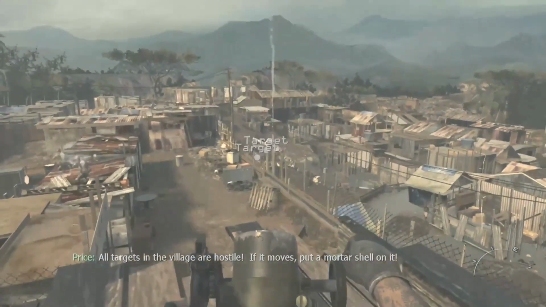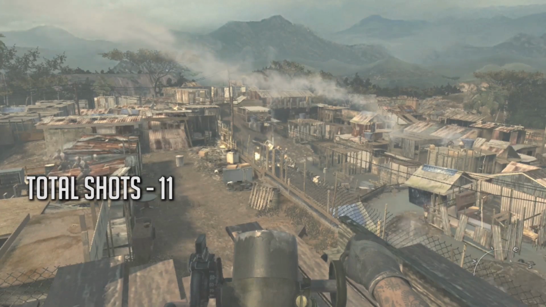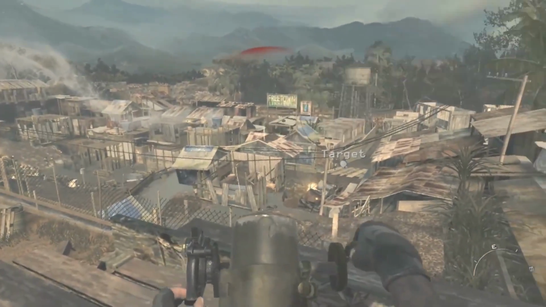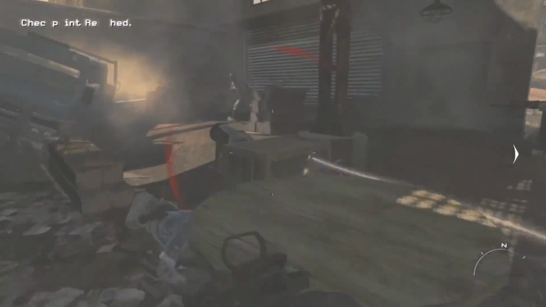There's no other way to skip this part, which puts us up to 11 shots, making it officially more shots than Modern Warfare 2, but maybe we can go for a second place win against Call of Duty 4 Modern Warfare. Pushing forward, we have tons and tons of enemies, and then we get into this really weird instance